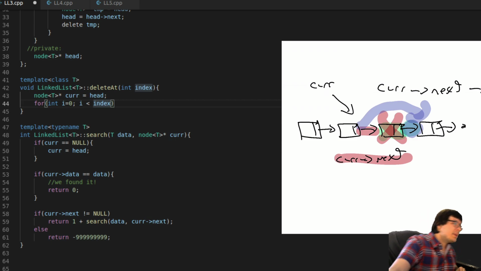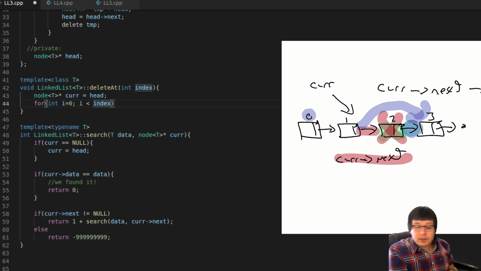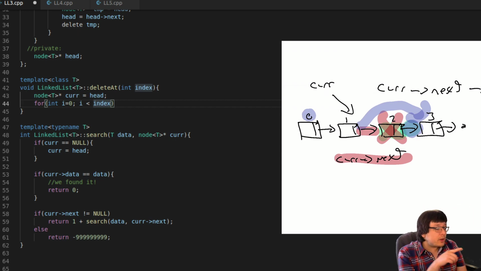So I think if I leave it as I have it now, I will do that, because if I'm deleting the third node, which is what I'm doing here, because think about indexes like 0, 1, 2, 3. So if I'm trying to delete the third node, which is index 2, this loop is going to run for 0 and for 1, which means from 0, it's going to get me to 1, and then actually in that case maybe I want it to be